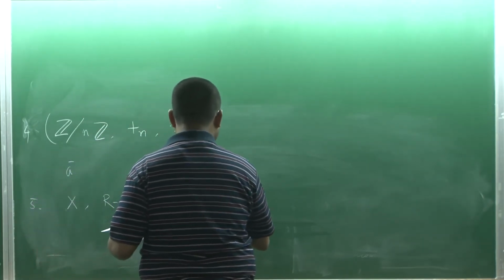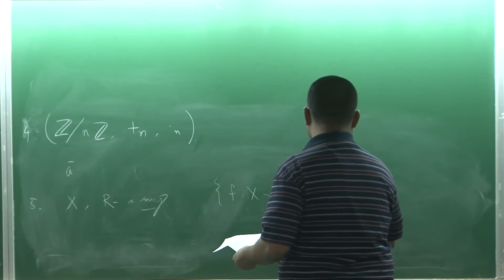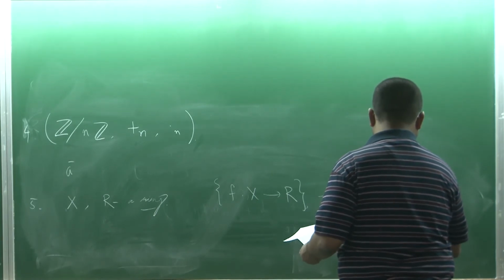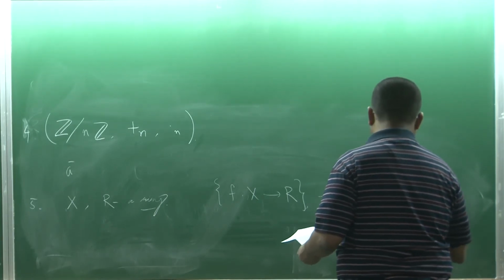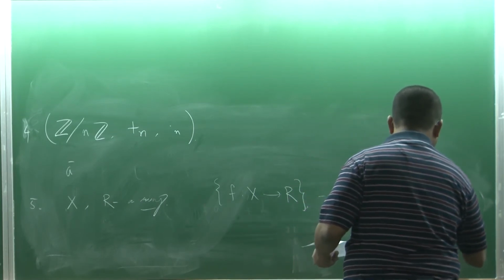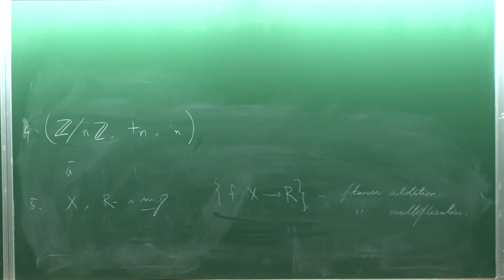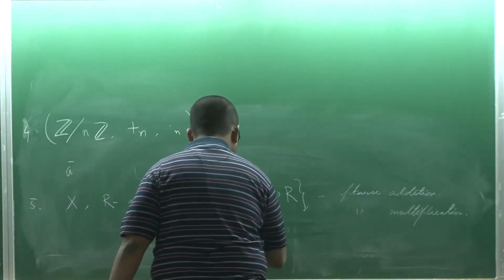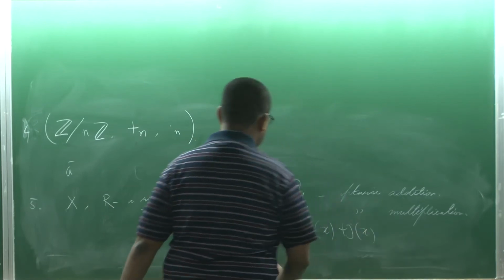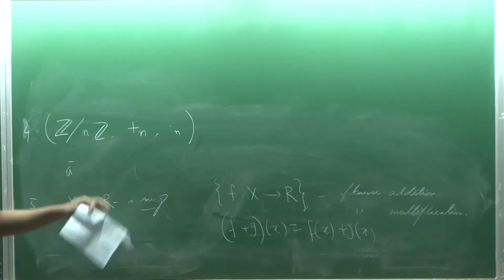We consider all maps from X to R. With respect to pointwise addition and pointwise multiplication, this forms a ring. Let me again remind you, pointwise addition means this, similarly for pointwise multiplication. So given a set and any ring, the collection of all functions from X to that ring